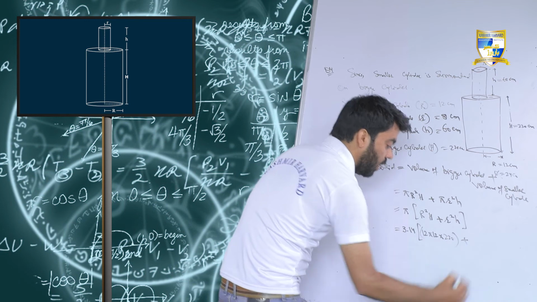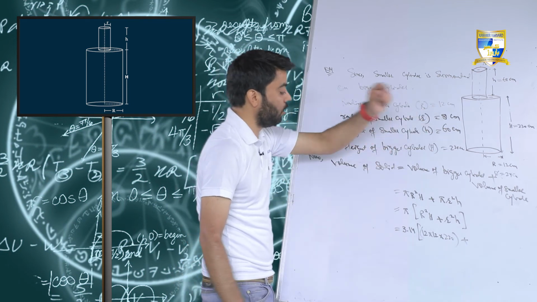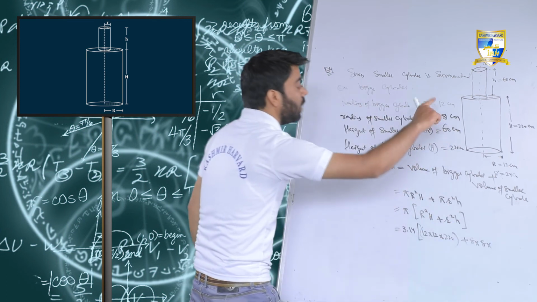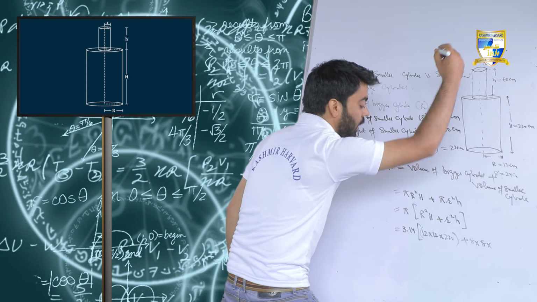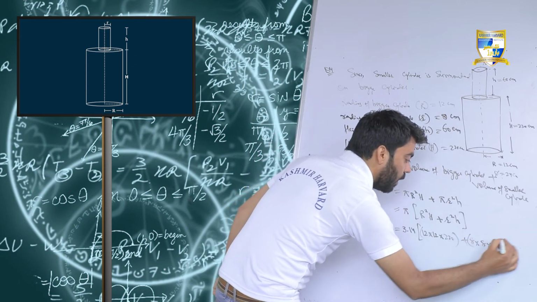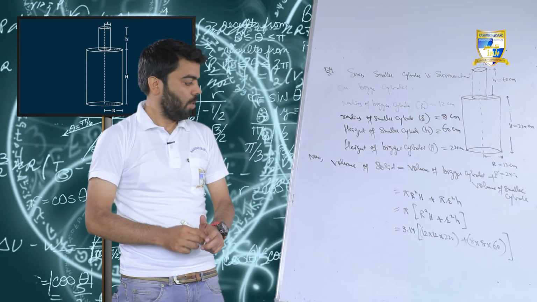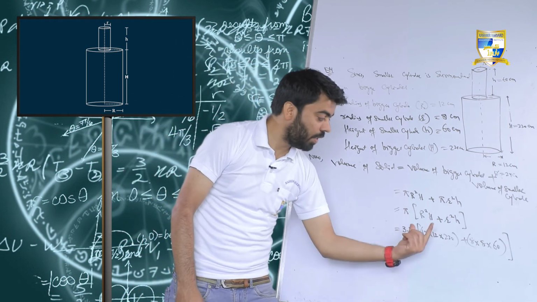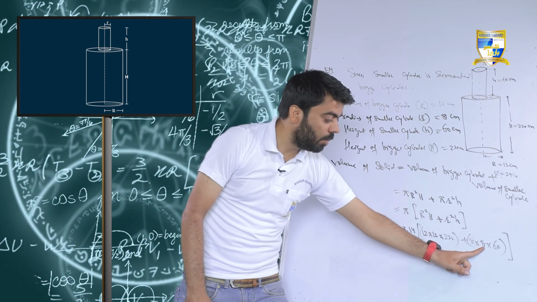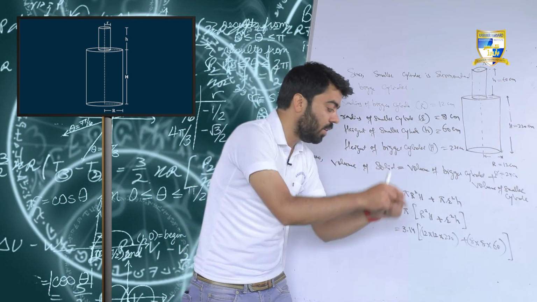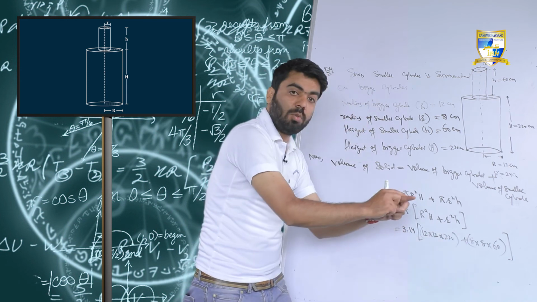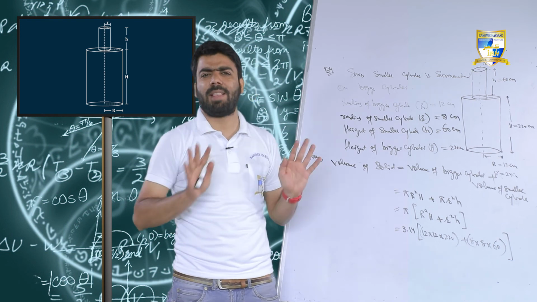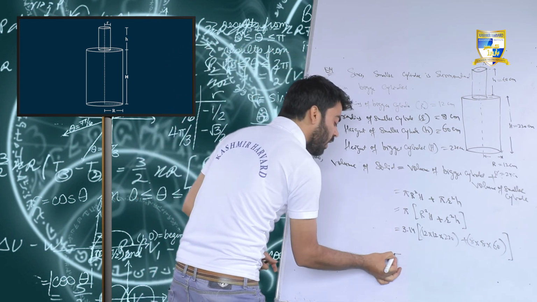Then addition, small r. Where is small r? Small r is 8. It's 8 multiplied by 8. Then the height of this smaller cylinder is 60. So simple, what will we do? We will find the value of 12 multiplied by 12 multiplied by 220, and then the value of 8 multiplied by 8 multiplied by 60, add both the values, and that value will be multiplied by 3.14, right? It's simple mathematics.